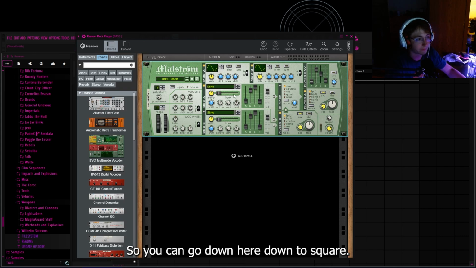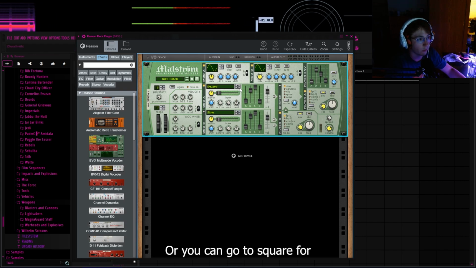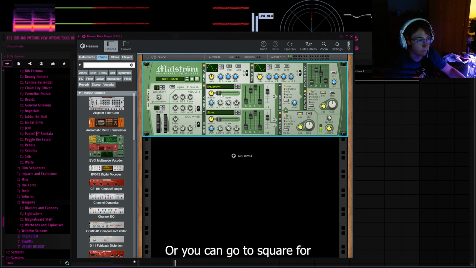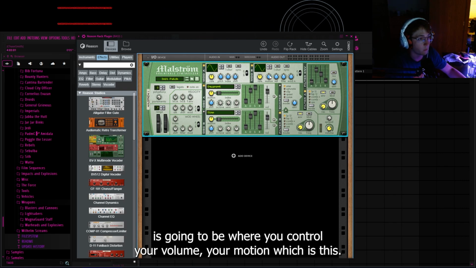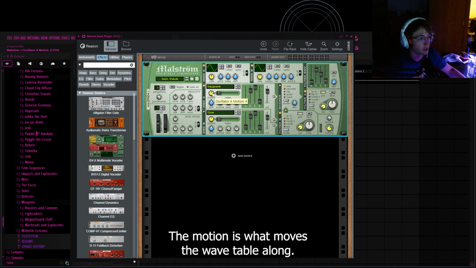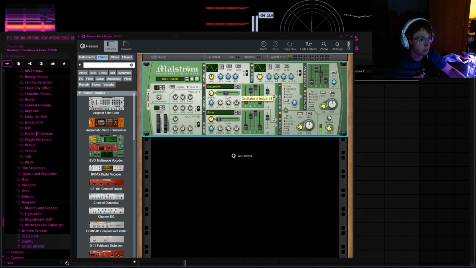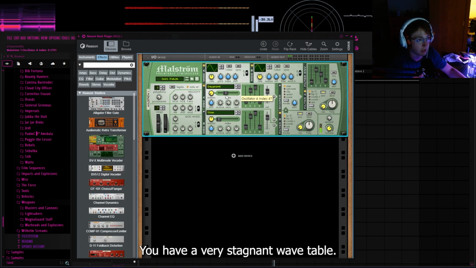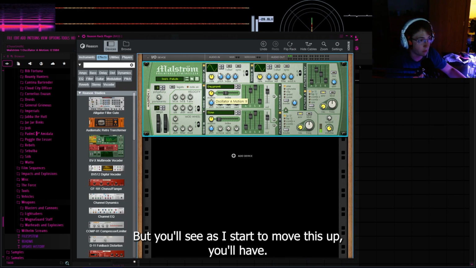So you can go down here, down to Square, or you can go to Square 4. Square 4 is what we're going to be using for this job. Modulator B is going to be where you control your volume, your motion, which is this. The motion is what moves the wavetable along. So if you put this all the way to the left, you have a very stagnant wavetable. But you'll see as I start to move this up, you'll have